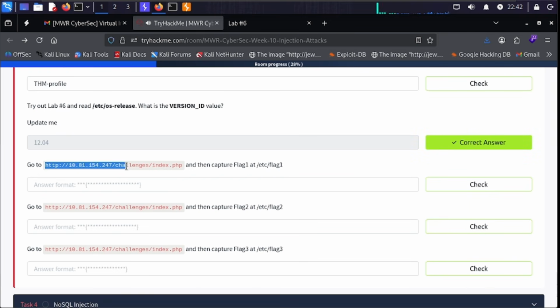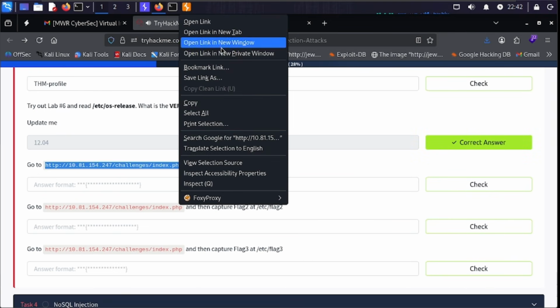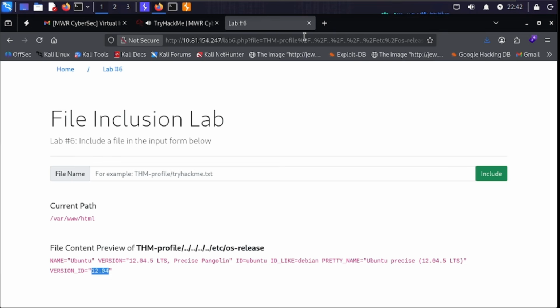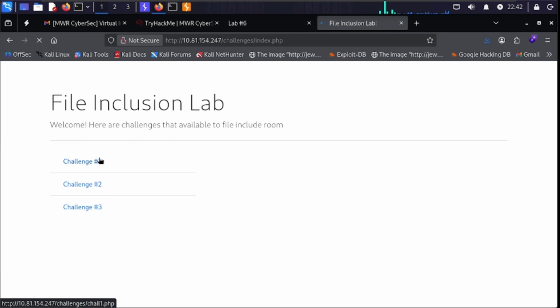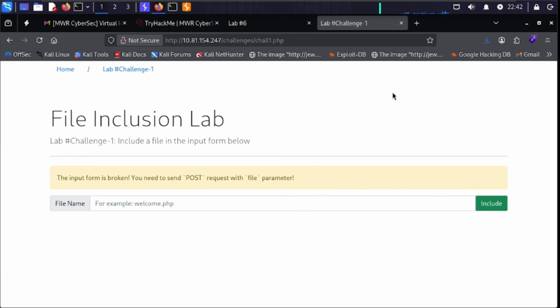Go to and flag 1. So for challenge 1, as always, we are greeted by an error message. The input form is broken. You need to send a POST request with a file parameter. So in this context,